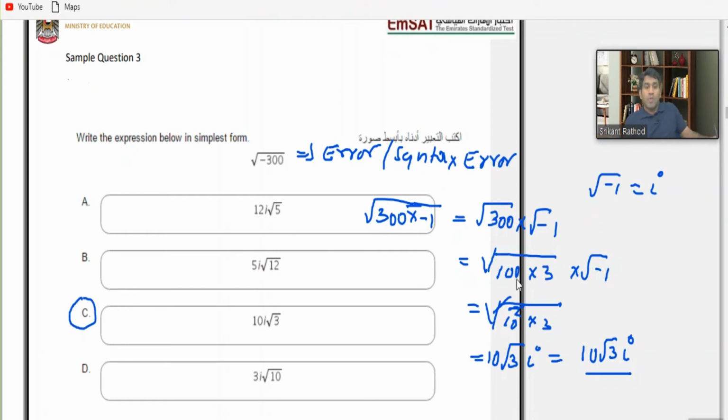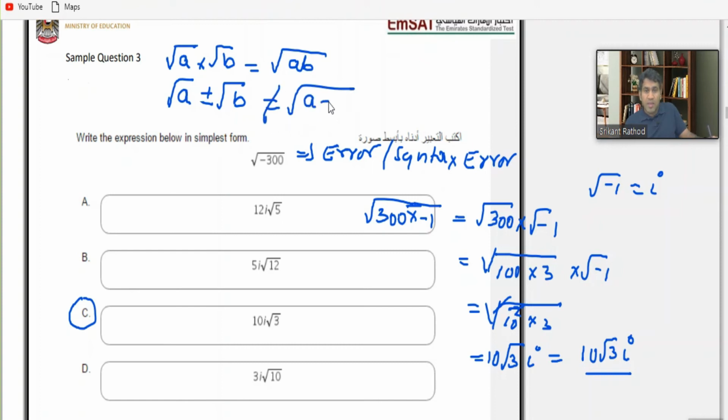Okay, let me tell you, you might be getting confused about why I'm doing it like this. As per the exponents and roots rule, when you multiply root A times root B, it can be written under the same root as A times B. After multiplying, if there is a possibility to take some common factor out, I can take it out. If not, we can keep it as it is, right? But remember, root A adding or subtracting another root value, you can't write the same as root of A plus or minus B. This is not allowed, this is allowed. So that's the first approach I am following to get the value here. All right,